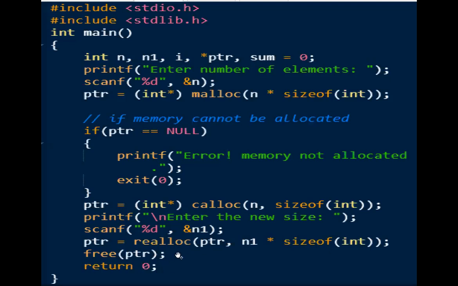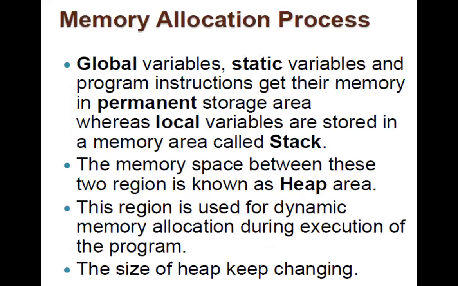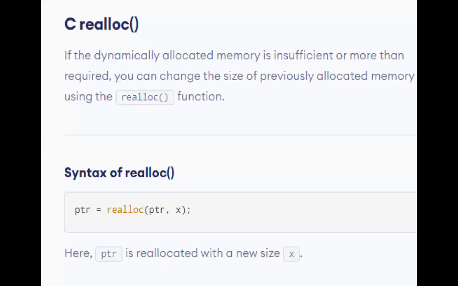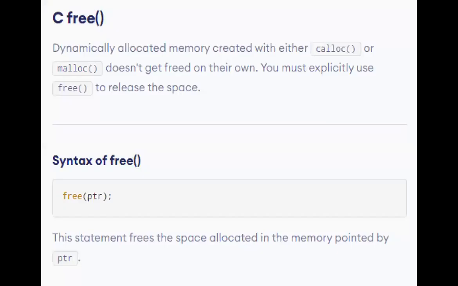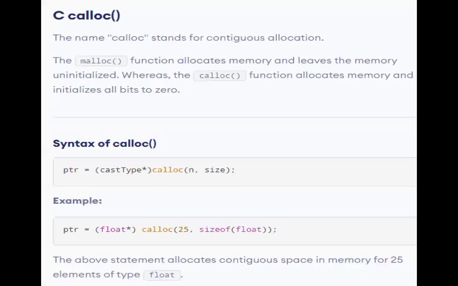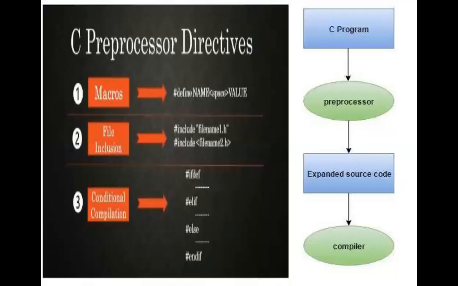Okay. As a part of the assignment, you have to write these memory management functions. Whatever I have told you now is dynamic memory. So as a part of assignment 4, you have to write these memory management functions, and you can submit it by tomorrow evening. All these 4 things, that is malloc, calloc, realloc and free, these 4 memory management functions, on this particular program. And the last topic you have in your 4th unit is something called the C preprocessor.